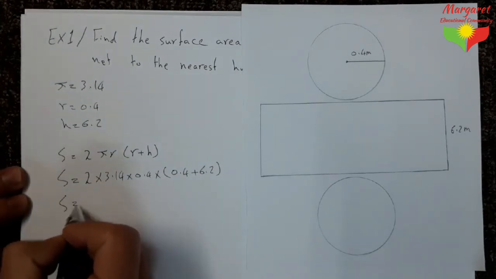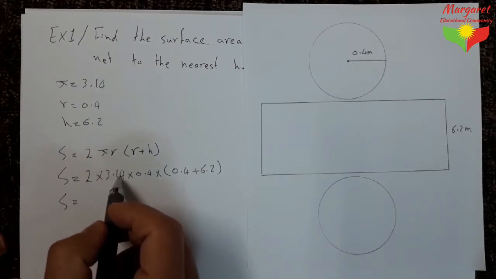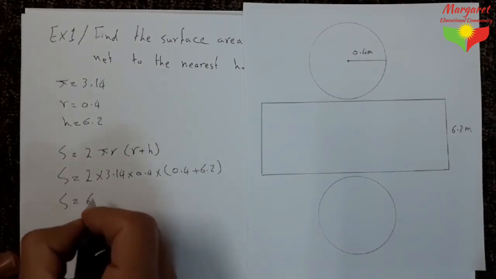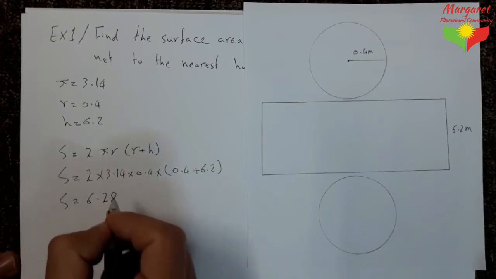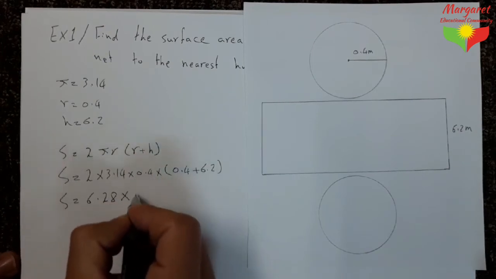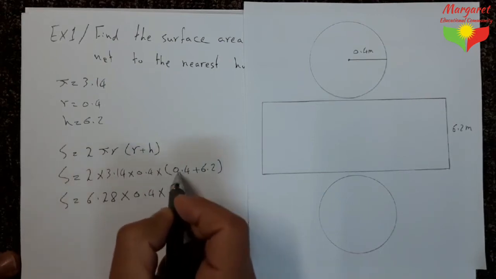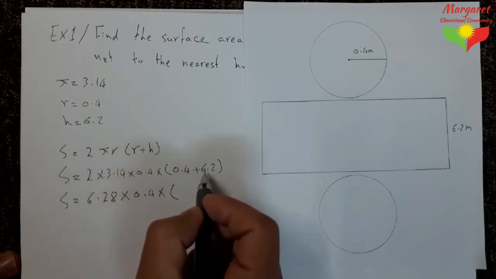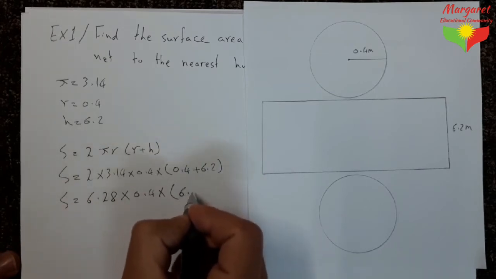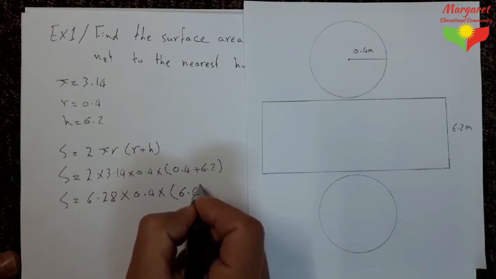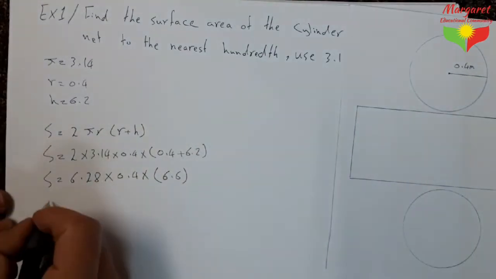So S equal to 2 times 3.14 equal to 6.28 times 0.4 times 0.4 plus 6.2 equal to 6.6. So S equal to